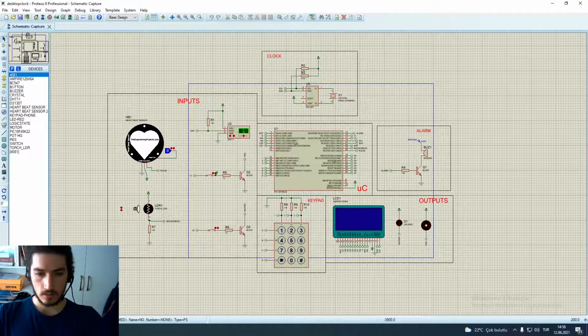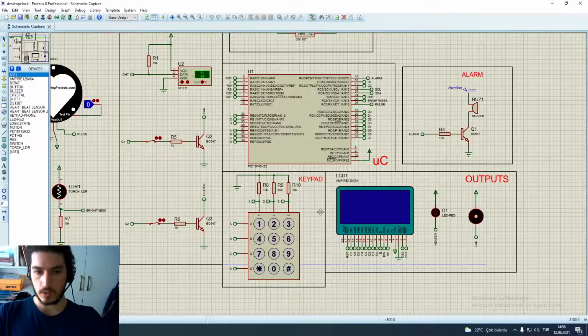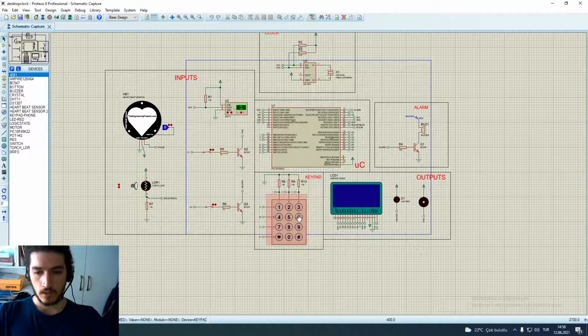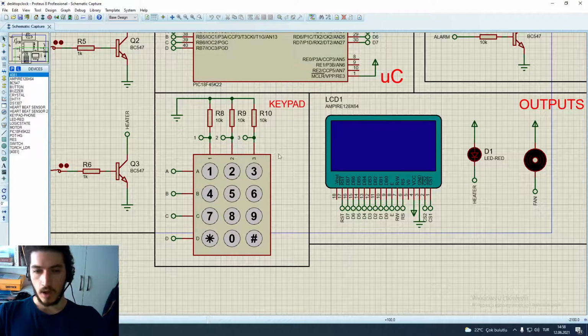We can emergency stop fan and heater with this switch. We have heater and fan starting automatic according to heat, temperature and humidity, and we have keypad to control this whole clock. Now I can start the circuit,